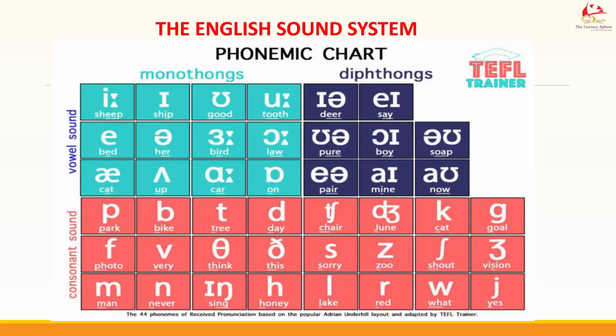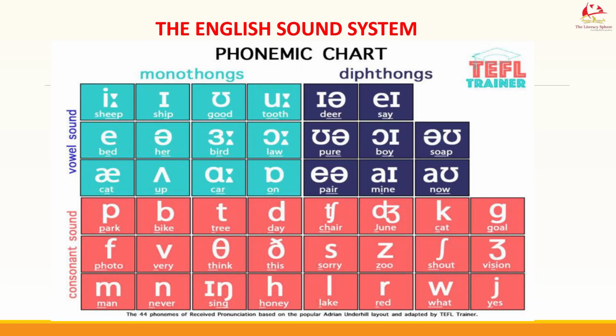As time goes on, as the days and weeks go by, I will help you to appreciate and understand each of the sounds and how they work, how they are applied in words, and how they make you sound articulate and eloquent when you speak. All right? So the chart before you is the phonemic chart containing all the 44 sounds. If you take a close look at the chart, you'll see that for each of the sounds, there is a word example, helping you to know what sound that is.